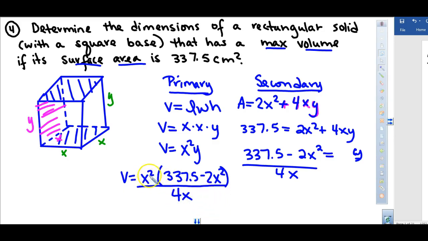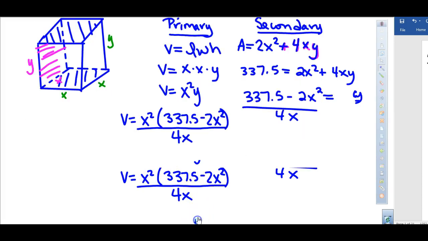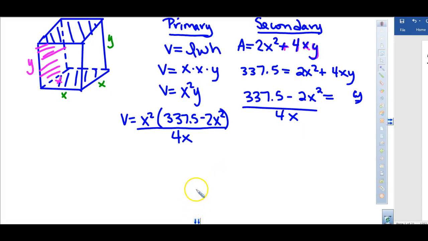So there's my x squared times my y. And I'm going to simplify that quite a bit before I differentiate. I'm going to divide this x into that one. And I'm going to factor out this understood 1/4 as a scalar. So 1/4